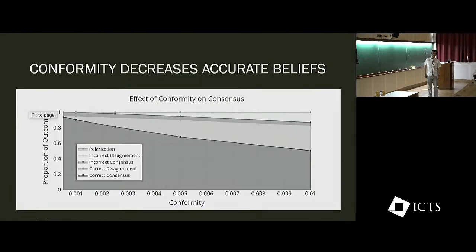This one. So is there any reason why you started with such a small order of conformity? Yeah, because we wanted to see what happens when you're comparing to the baseline. I mean, we actually begin with conformity equals 0 here, and so we're looking at what happens as conformity increases from the baseline model. So if I increase conformity further, what will happen? If you increase it beyond 0.01, yeah, I mean, so just think about the expected